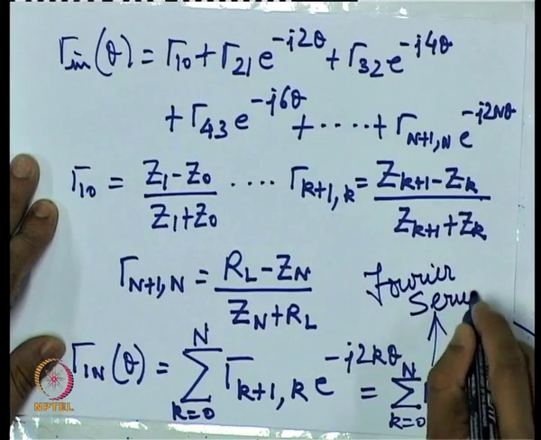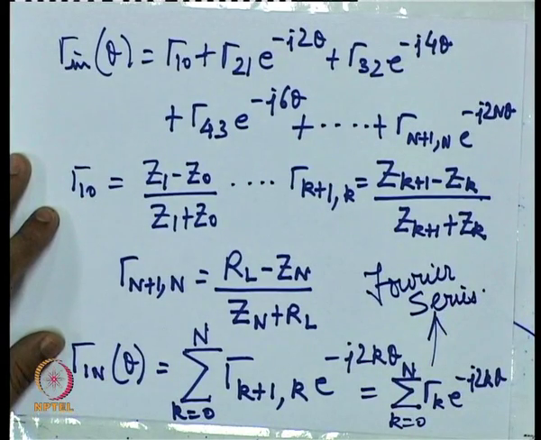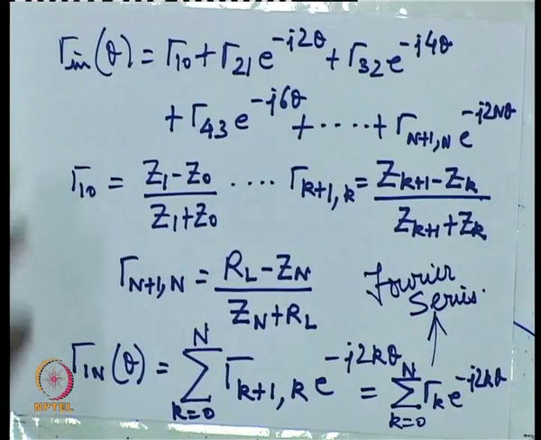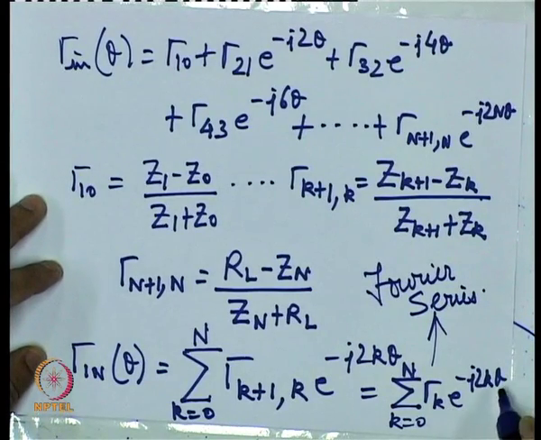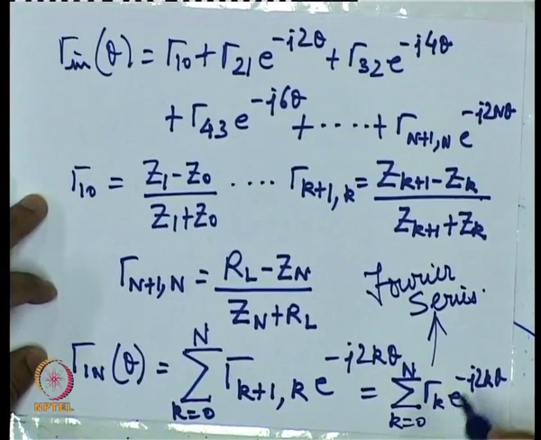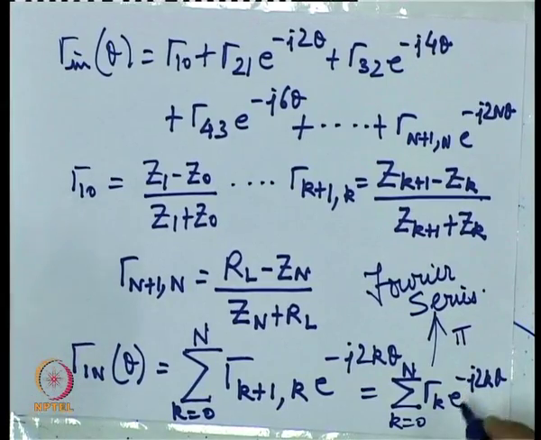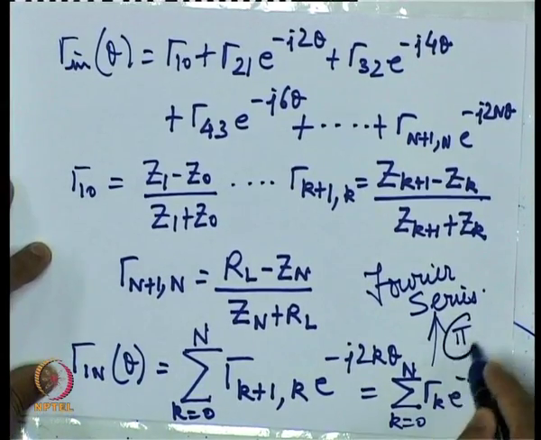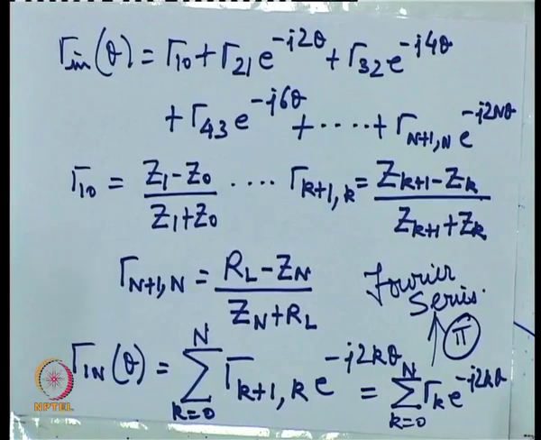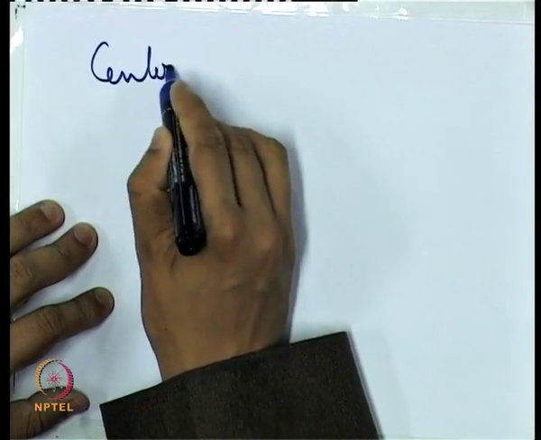So this is a Fourier series, and that is true because theta, as you see, gamma k, which is a function of theta, is itself periodic, with gamma k replacing itself after every increment of theta by pi. Now, the second conclusion that we can draw from this expression is that the center frequency